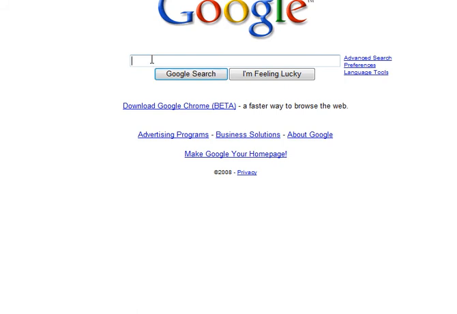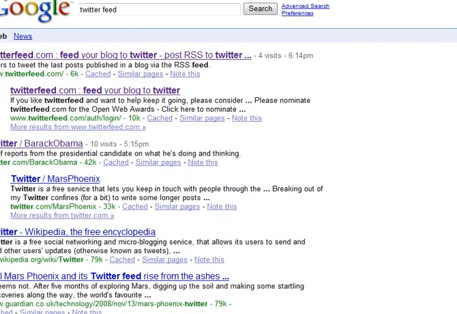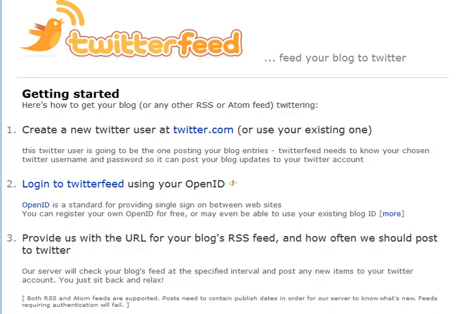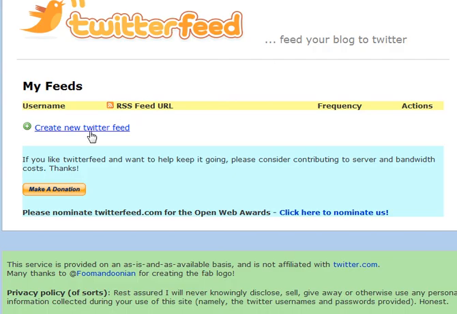The last tool we're going to show is what's called a Twitter feed. And you can again just go to google.com and search for Twitter feed, or twitterfeed.com is a website where you can actually go in and set up a Twitter RSS feed, where it will take an RSS feed and tweet about any updates that are made to your blog or website, or any other updates to any other sites that you may want to tweet about. You simply go to twitterfeed.com and log in or register. You go to My Feeds and just copy and paste your RSS feed by create new Twitter feed,